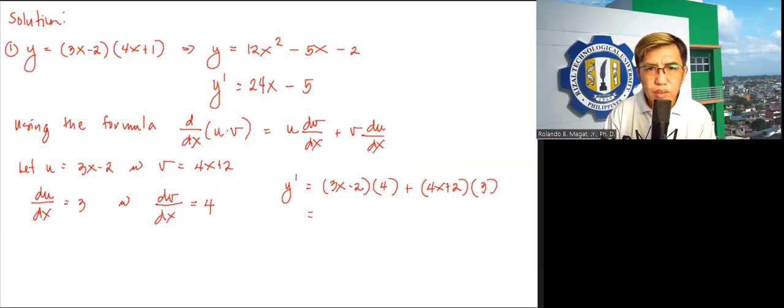So this becomes what? This becomes 12x minus 8 plus we have here 12x